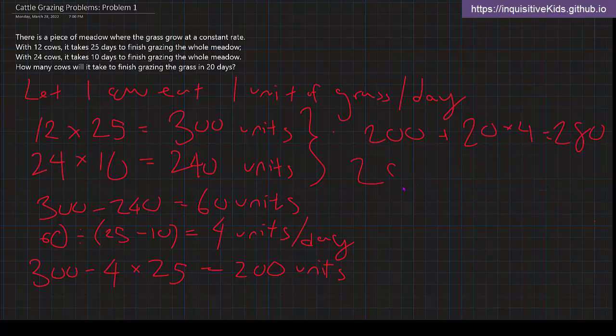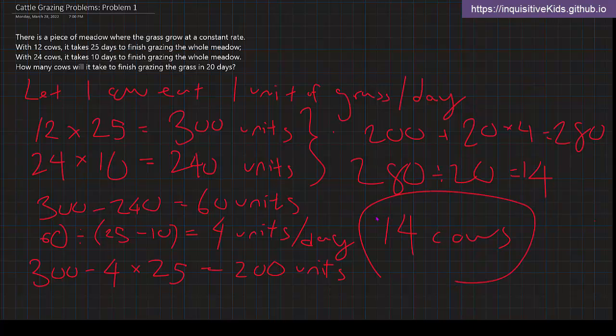And we divide 280 by 20. That gives us 14. So it takes 14 cows to finish grazing the grass in 20 days. And this 20 right here is the 20 from the problem. We're just plugging the 20 in. So it'll take 14 cows to do